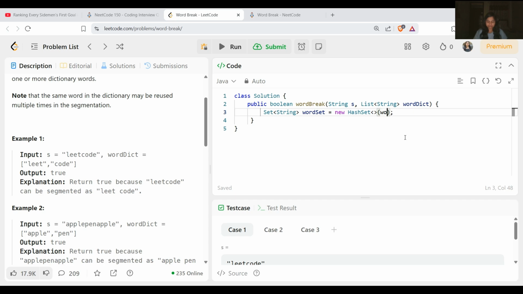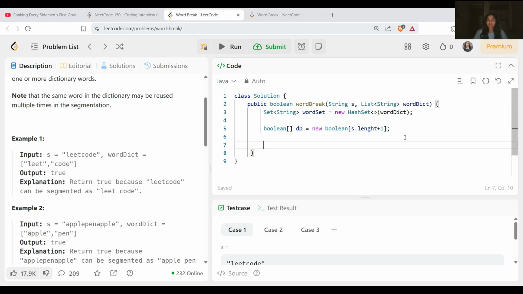Now we are moving forward. We need to create a DP array. If a prefix can be segmented, we will put true inside it. So a boolean DP array, and we keep the length as the length of the string plus one.